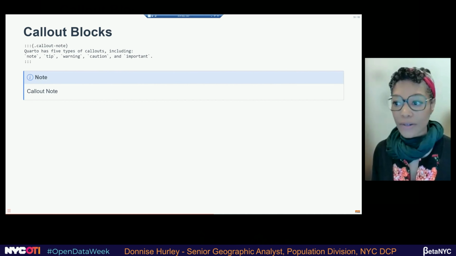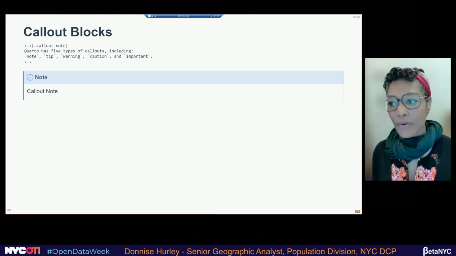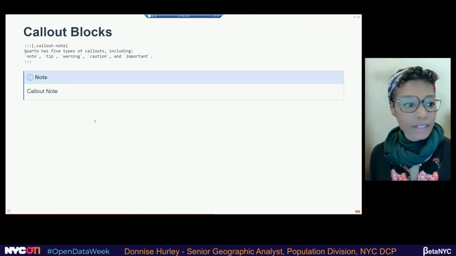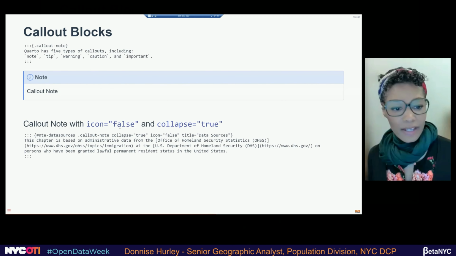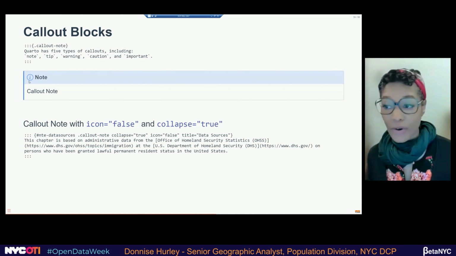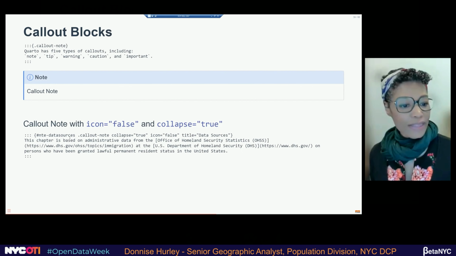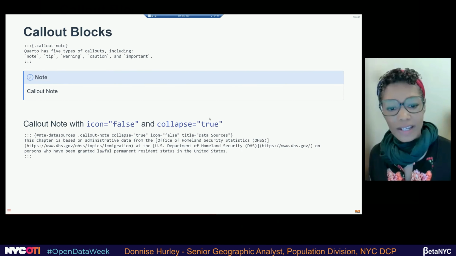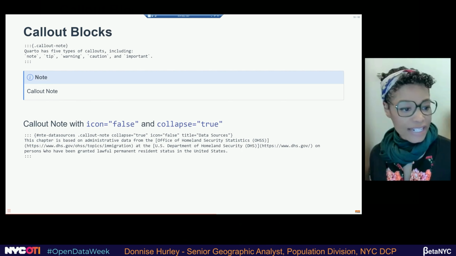You can change the colors using the YAML or a CSS. So let's say that you don't like having the icon here, you can change that. In this example, I say icon is false. And if I don't want the color, I can say to use a simple format. This is what I used in the newest New Yorker, and I removed the icon. I changed it to be collapsible. And then I changed the label.